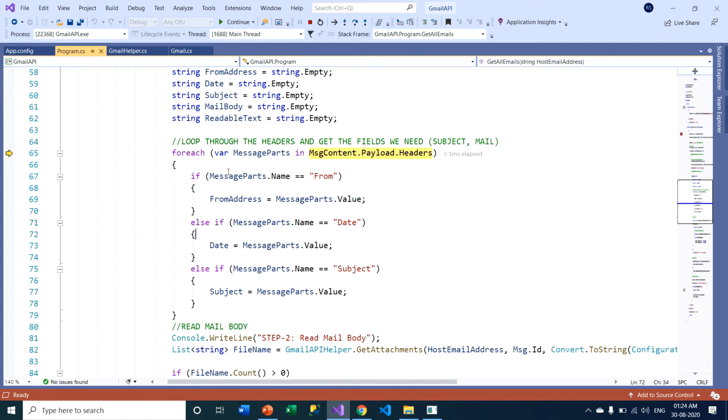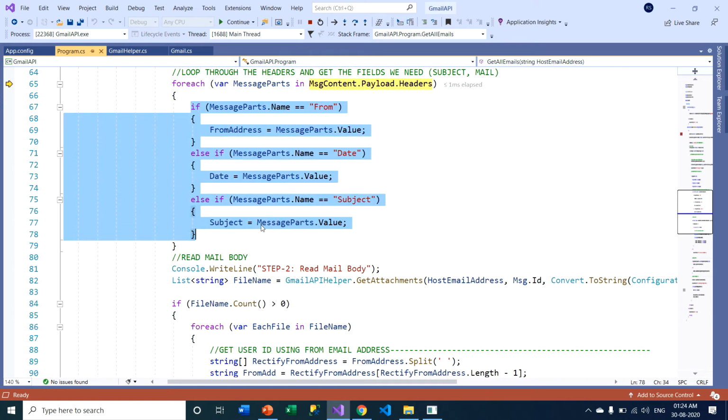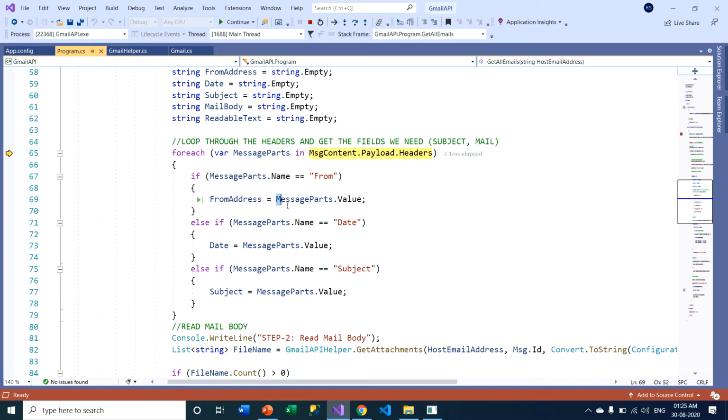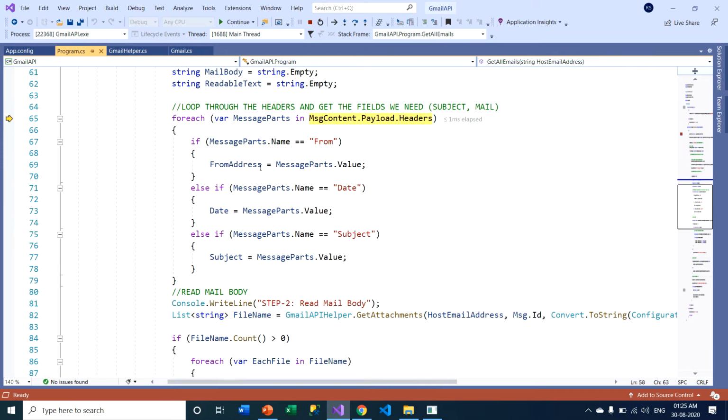That's why we are checking message parts dot name equals to form, message parts dot name equals to date, and message parts dot name equals to subject. If those conditions are true, then we retrieve message parts dot value under this particular variable, which I already defined in the upper section. So we are storing message parts dot value under the date variable.